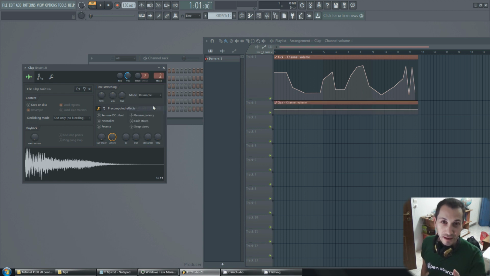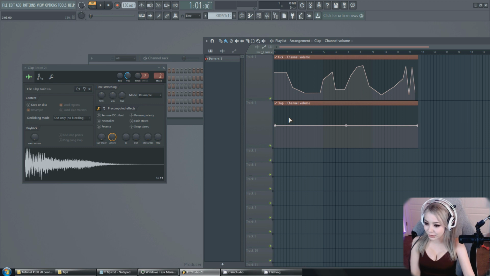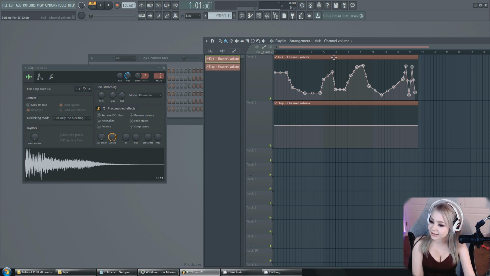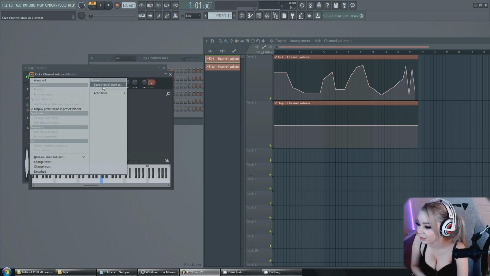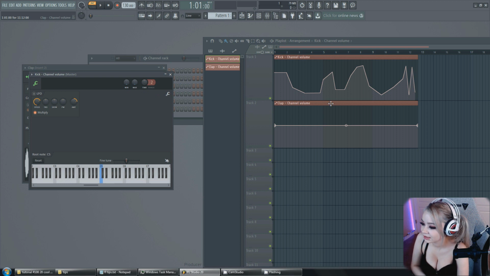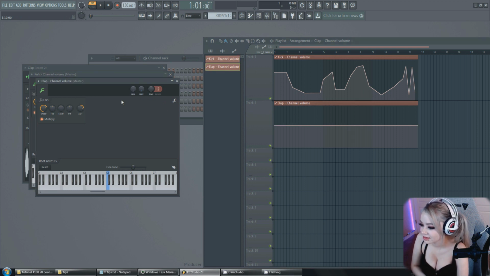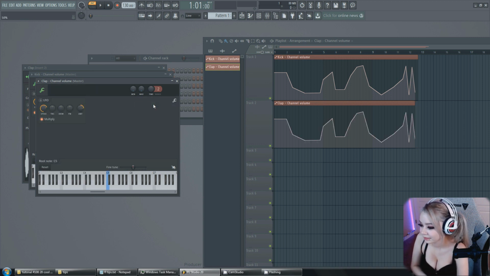Stop looking here and look up there. Double-click on your original automation, go to Options and Articulator and click Copy State. Then double-click on your destination automation and in the wrapper's options, click Articulator and then Paste State.